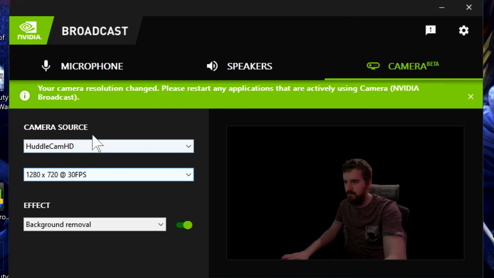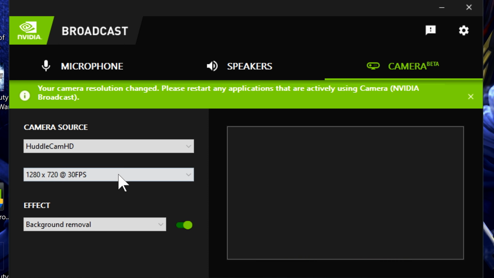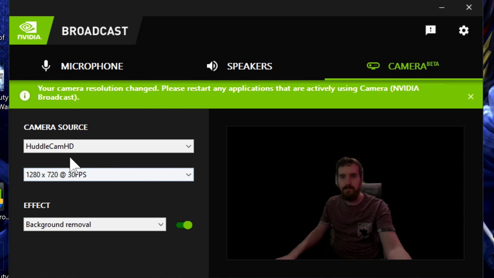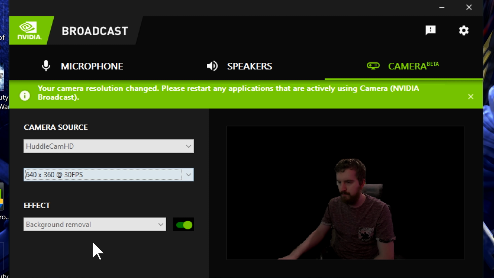Then you have the camera beta tab. Here you select your camera source, the resolution and frame rate to run it at, your effect, and a preview of it happening. Currently, it mostly supports UVC devices only, so devices that present as webcams. This is mostly limited to actual webcams, but of course it also includes capture cards that present as UVC devices